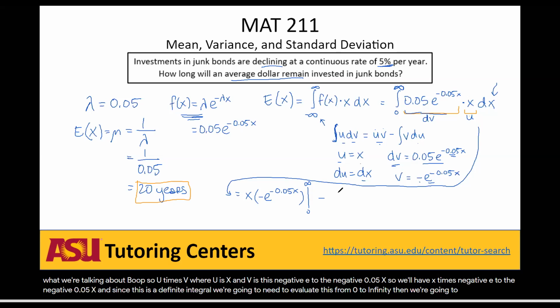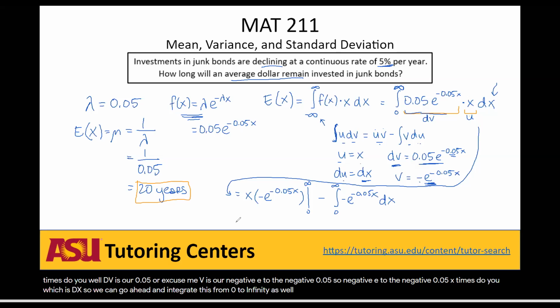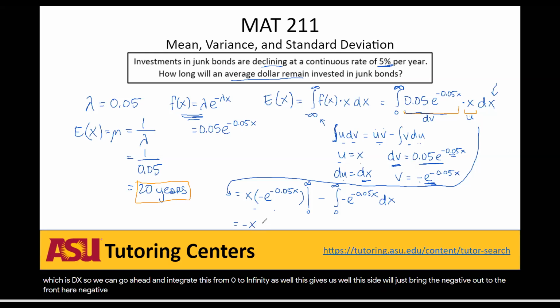Then we're going to subtract from it our v times du. Well, v is our negative e to the negative 0.05x, times du, which is dx. So we can go ahead and integrate this from 0 to infinity as well. This gives us, well, this side, we'll just bring the negative out to the front here: negative x e to the negative 0.05x evaluated from 0 to infinity, minus,